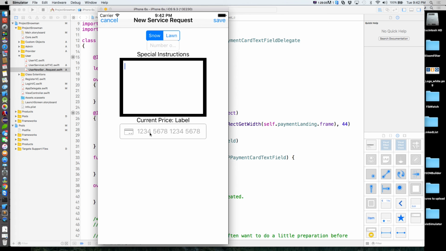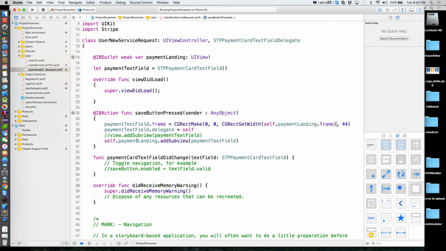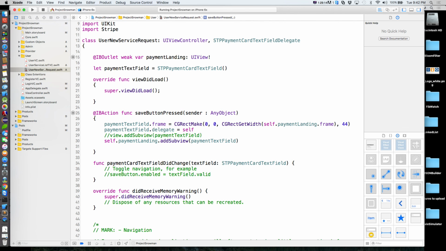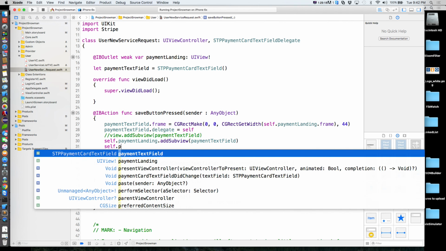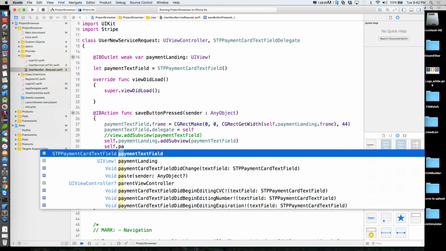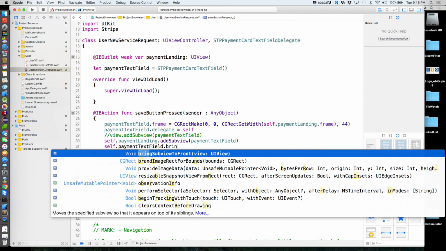Is the self.payment landing frame clickable? That shouldn't matter. This guy's a sub view of it. And we can do self dot payment text field dot bring